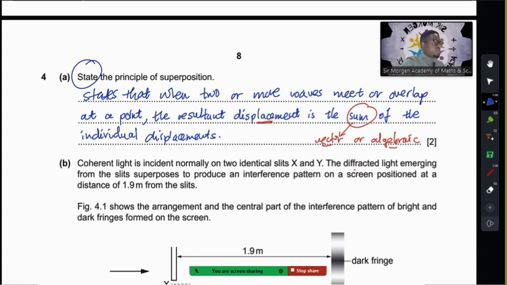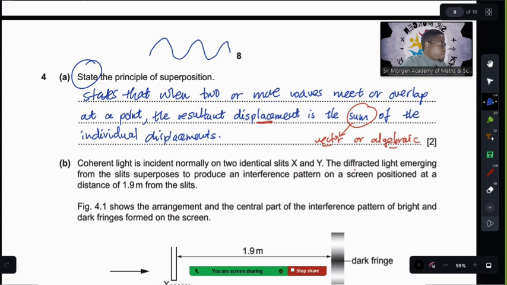So when you're stating the principle of superposition, you have to highlight that we have two or more waves that are meeting at a point, maybe in a plane. These waves can either overlap or they may not overlap, but we're assuming that as they meet, they do overlap. At that particular point, if you try to find the resultant amplitude or the resultant displacement, normally the displacement is associated with the amplitude, by the way. Because you're looking at waves like this. Then you have another one which is coming probably in the same plane or in the opposite direction.